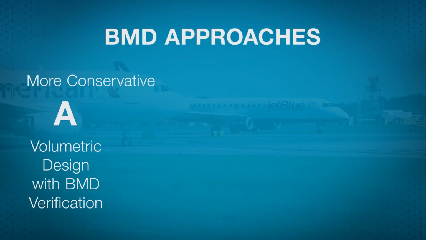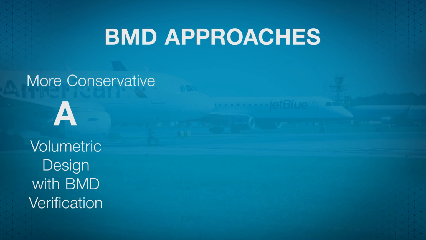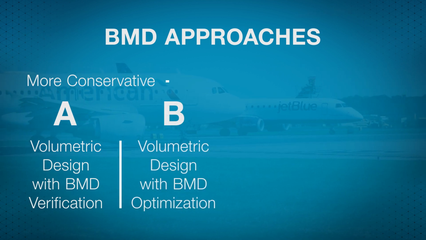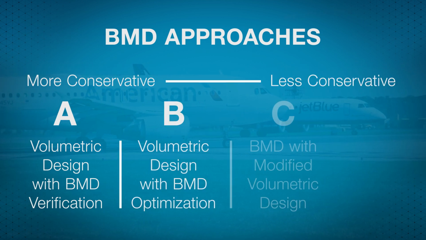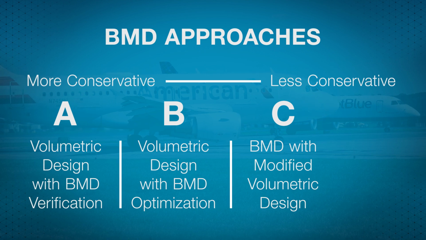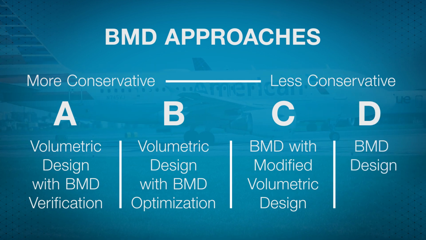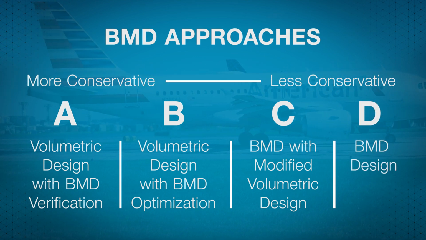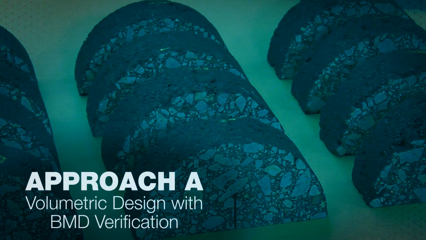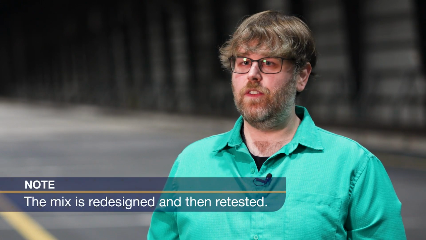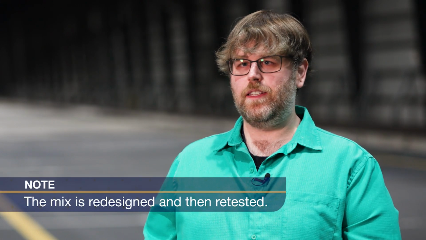There are several approaches to BMD, from a conservative approach that requires full compliance with existing volumetric criteria to an approach with no requirement on volumetric properties that relies only on mixture performance criteria. Under Approach A, the optimal binder content is determined through the volumetric mix design process. That mixture is then tested against certain performance criteria, and if it fails, it's retested until it meets